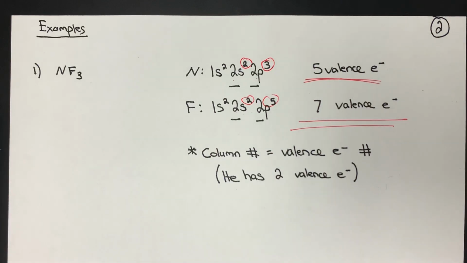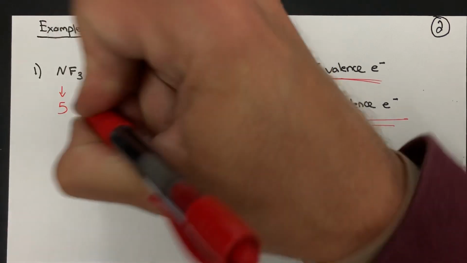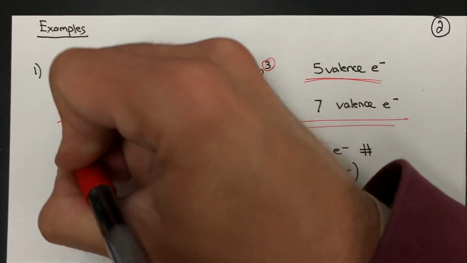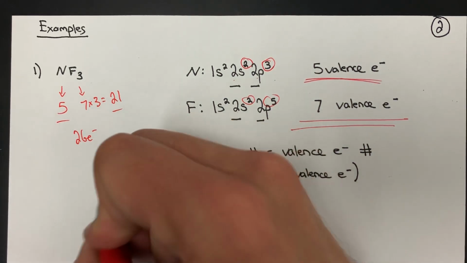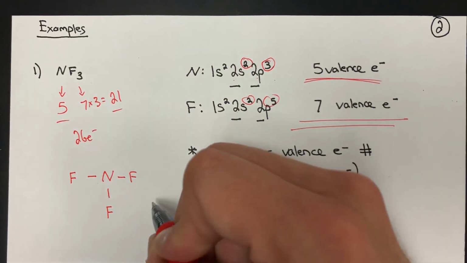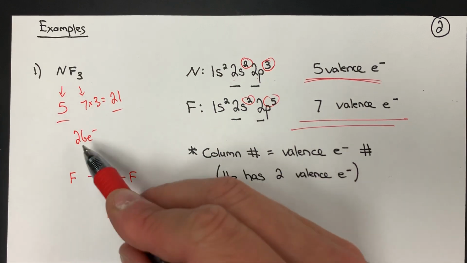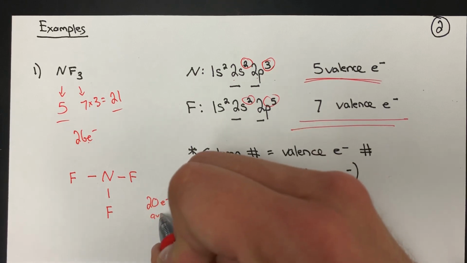So let's get to it. I have my 5 valence electrons for nitrogen. I have 7 valence electrons for fluorine, but there are 3 of them. So in total, we have 26 electrons we get to play with, okay? When I go to start my skeleton structure, I stick nitrogen in the middle. I construct bonds with some peripheral fluorines. From there, I've identified that I've used 6 electrons. Well, if I've used 6 electrons and I have 26 available, that means that I still have 20 electrons available,